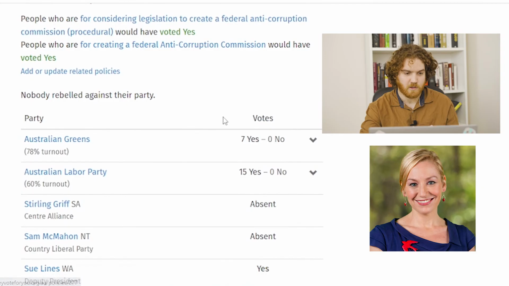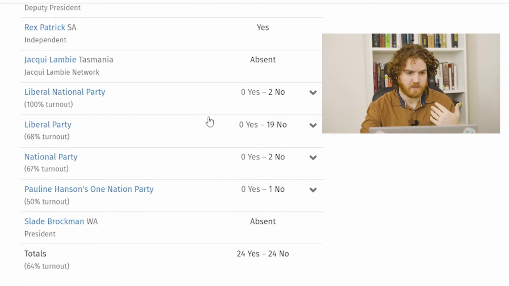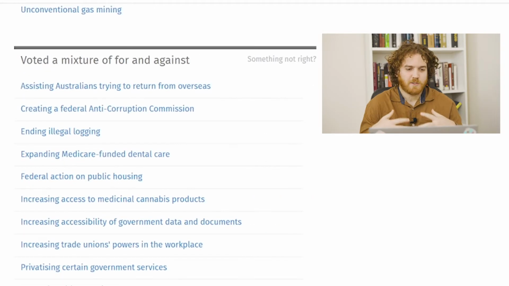And if we look at the voting record, we can see that Labor voted yes for that, Greens voted yes for that, and the Liberal National Party voted against that. So there was actually a Greens-introduced federal ICAC bill that was voted on and passed in the Senate thanks to the support of Labor, but because the government decided not to introduce it into the House of Representatives,